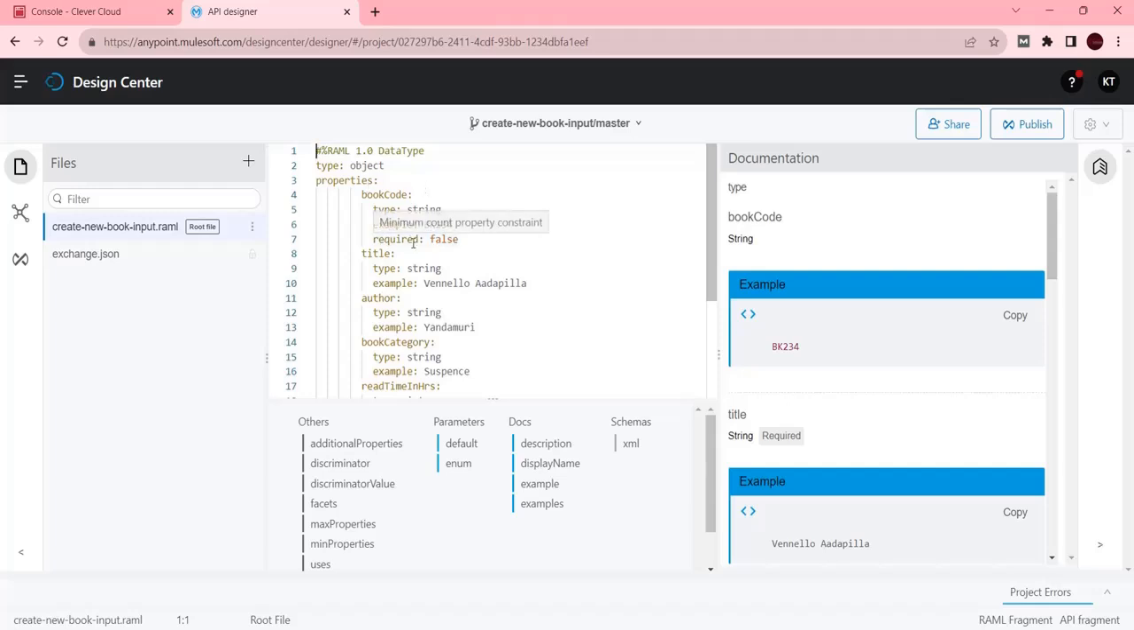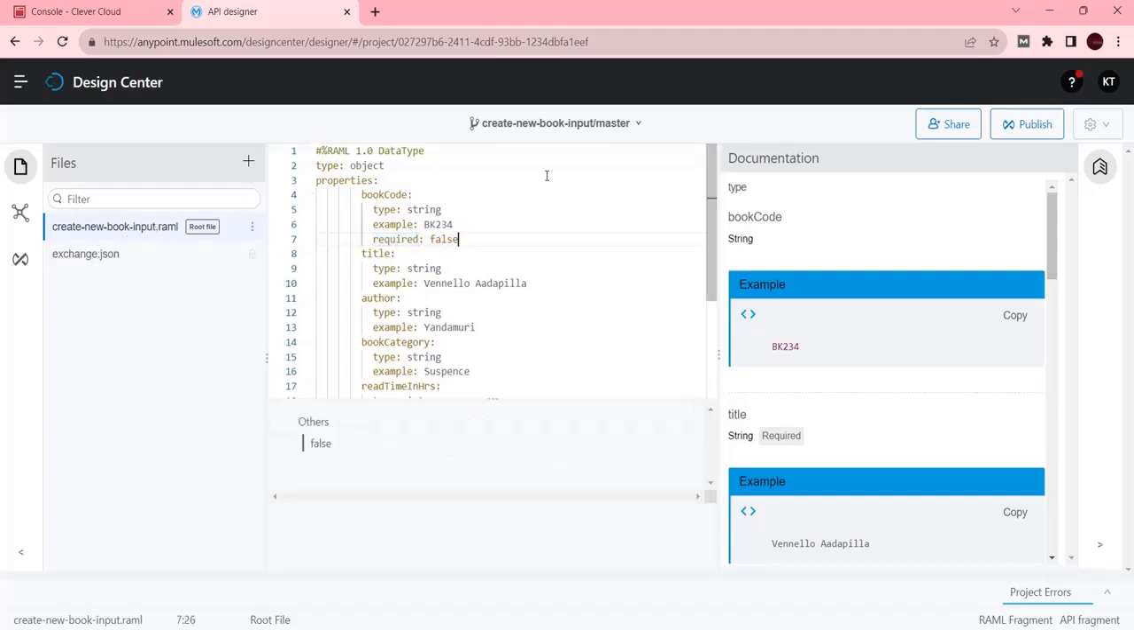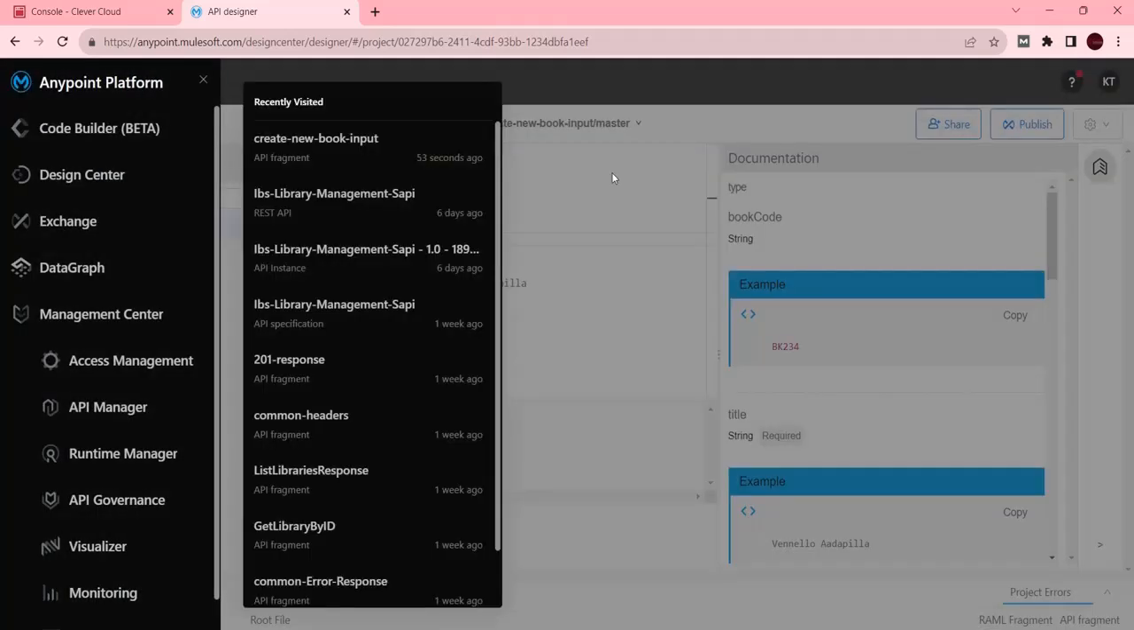So I did this change to fix that issue. Book code is not mandatory for us because this book code should be generated automatically on the database side, and we need to get that as a response. So this is the one change I have done for create new book input. I have added required false, since this is not a required one, and I published it with another version, 1.0.1. Then we need to map this latest version in the API specification also. So the next step is